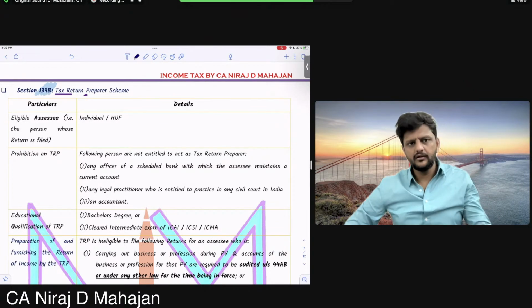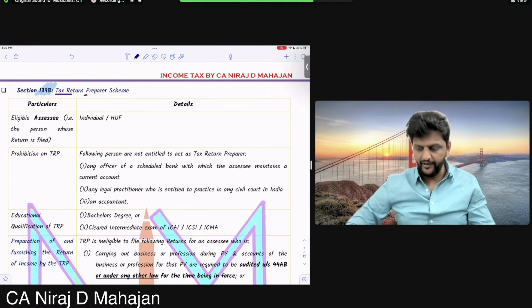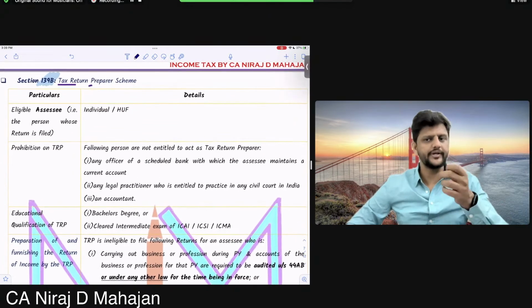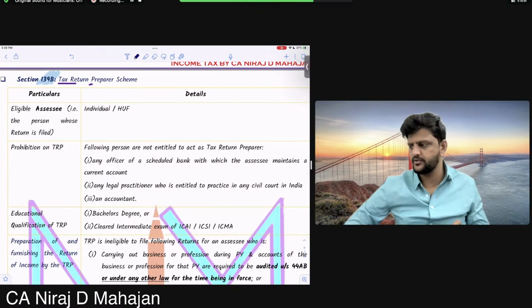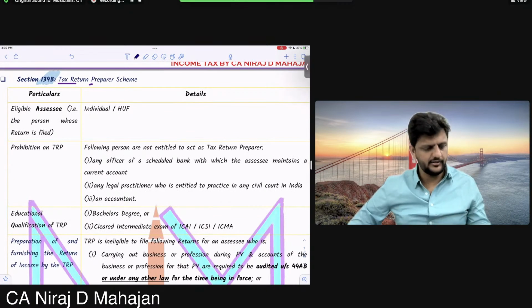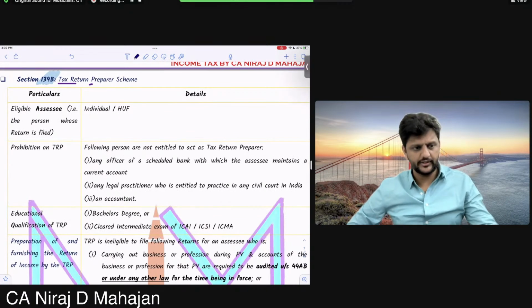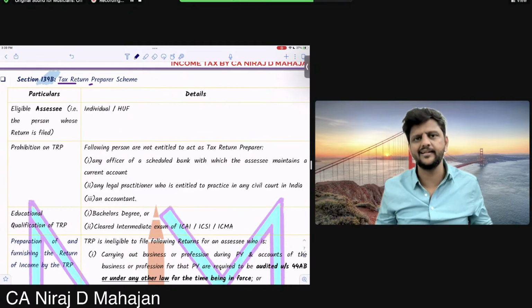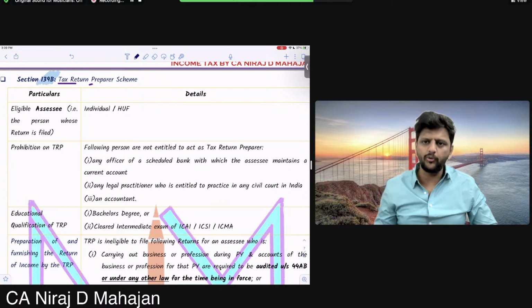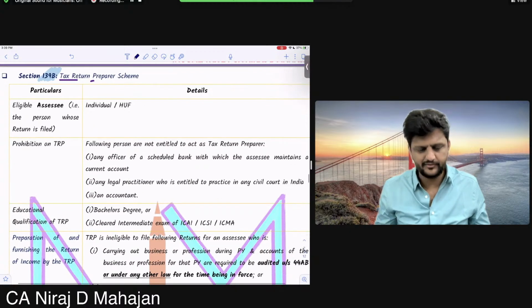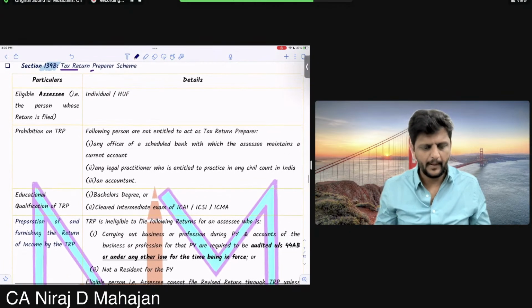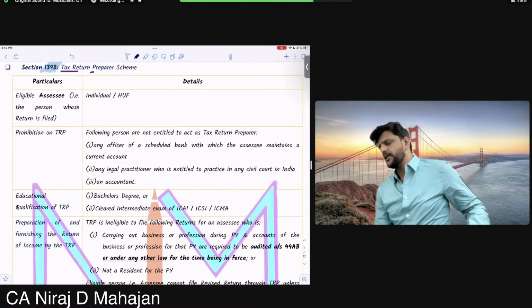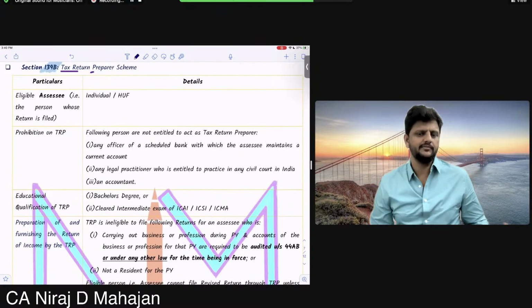Now for filing, बच्चों, what will happen? A person has to take out time, do the calculations, fill the return, etc. But not everybody is perfect in the calculation, right? I mean, obviously you can't expect a salaried individual to also know about income tax for filing the income tax return. Now whatever said and done, he might still take a consultancy, right?